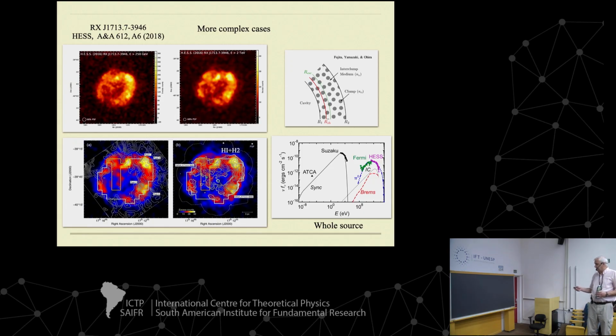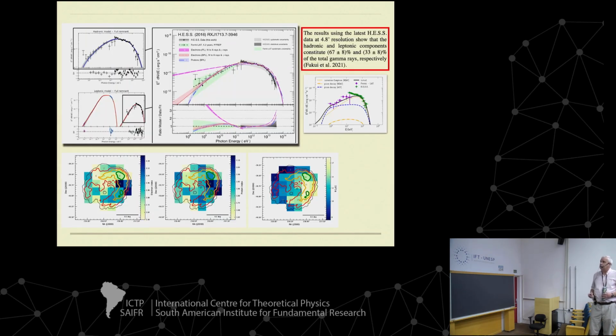And here in gamma rays, you have a pion zero component, but also you need an inverse Compton component and also a bremsstrahlung component in order to get something more or less adequate. But nevertheless, it's very difficult to match the entire supernova remnant just with a single population of particles. So H.E.S.S. studied this source,